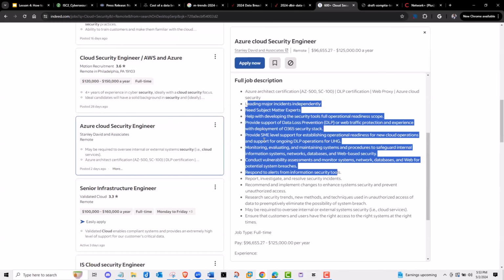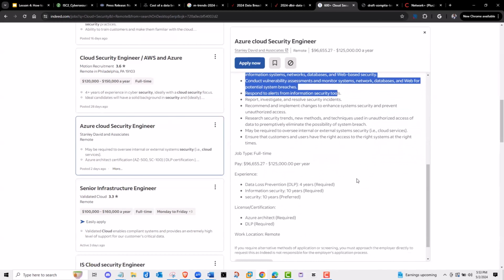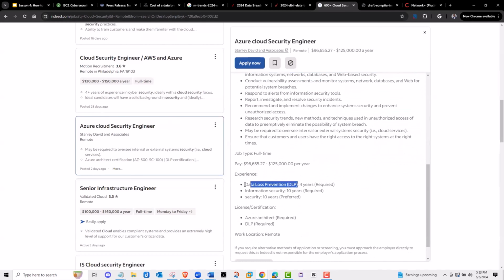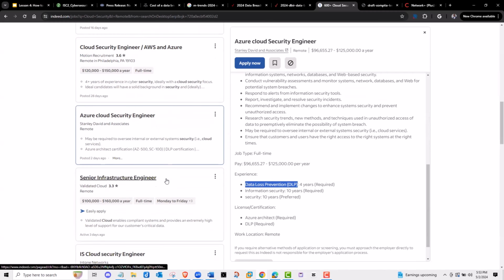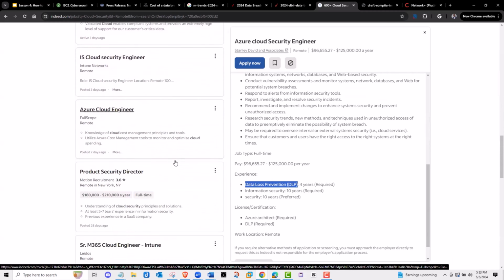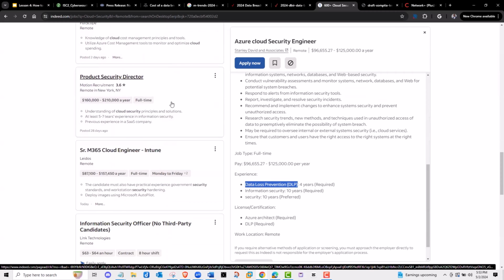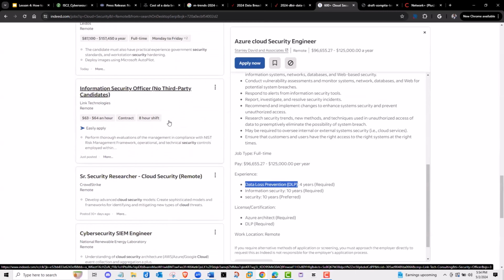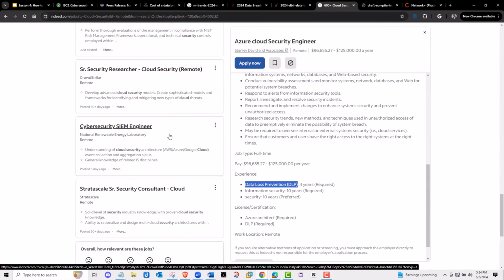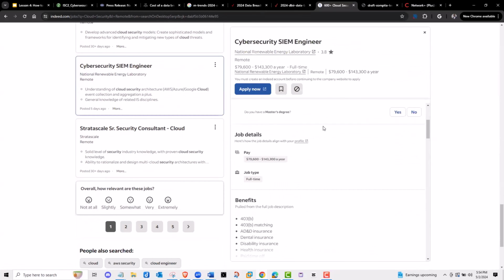But you go over this, you can see they're looking for somebody with Microsoft Office experience, some kind of DLP, data loss prevention experience, right? Look at that. And some of these are senior, so we don't want to do that. The other thing you can do, you can also write in a junior with a job position, like a junior penetration tester, junior this, junior that, and then you get the jobs that don't require a bunch of experience as well. So what you do, you find three of those.